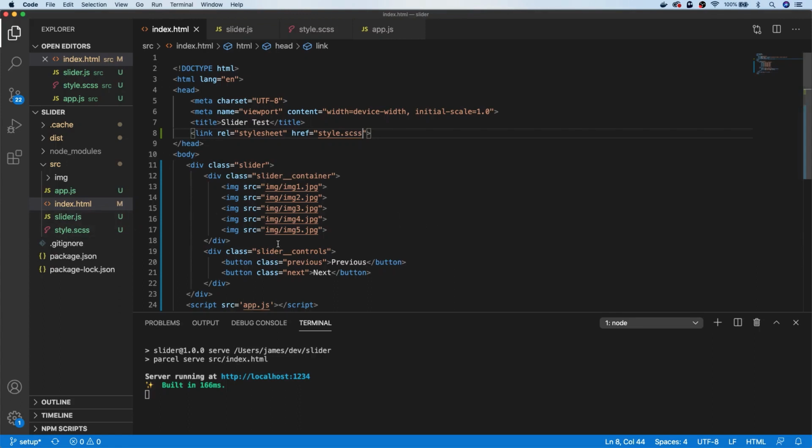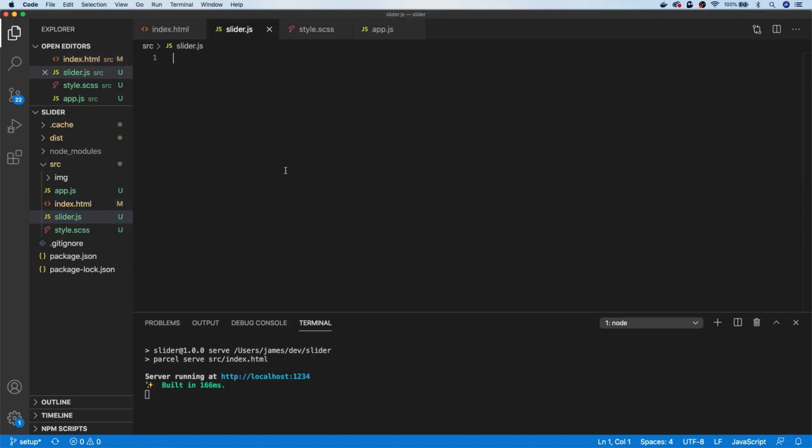So the first thing we're going to do is actually start work on the slider JavaScript file. And the reason I create these 2 files is because what I'm going to do here in the slider.js file is create a new class. So I'm going to say export default class Slider, should I say? And this is going to be a new class that we're going to be instantiating to get our slider up